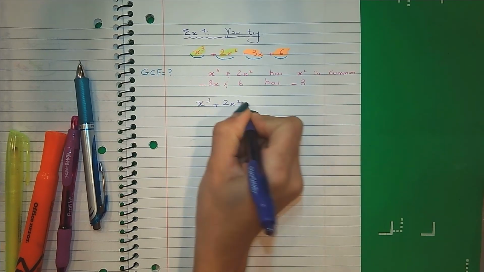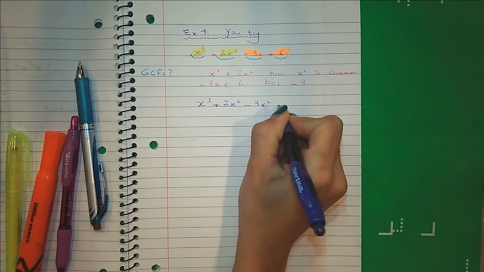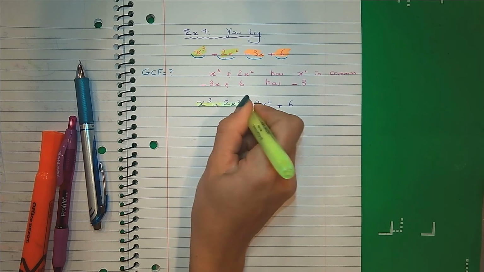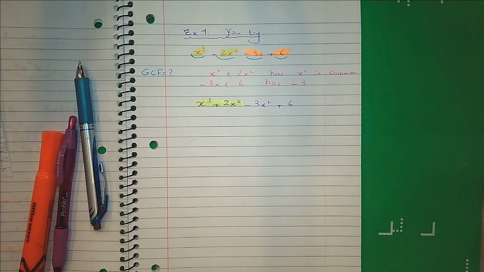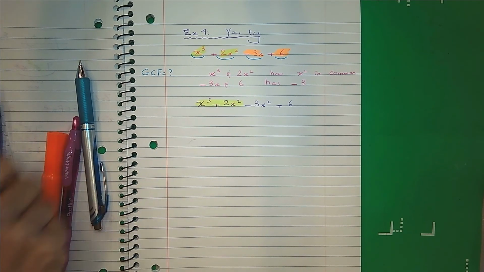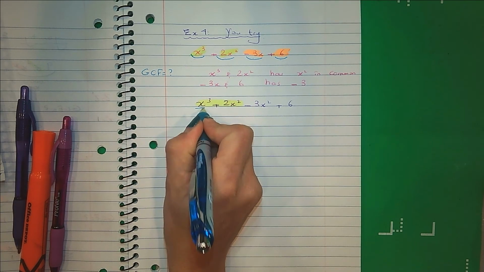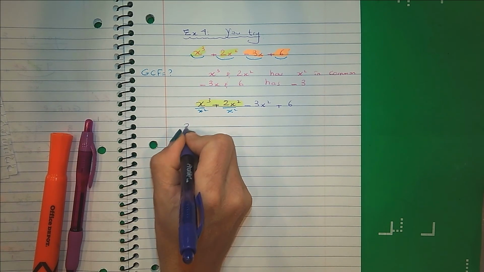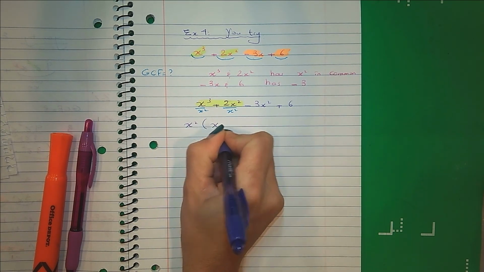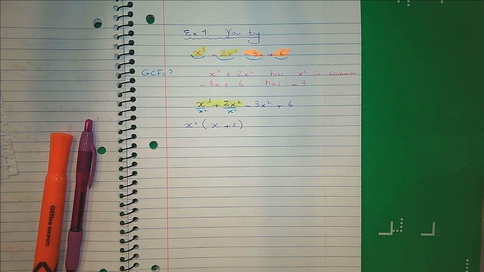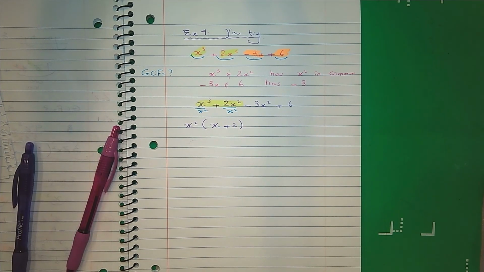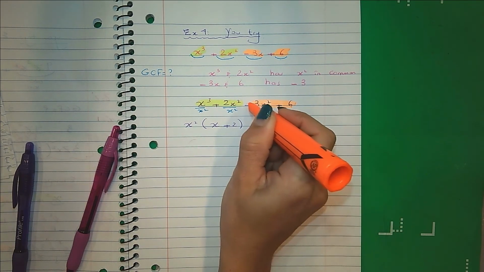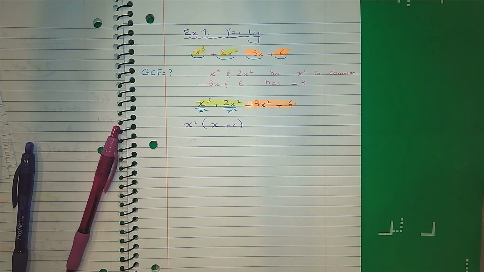All right, so now let's go ahead and write this whole thing down. X cubed plus 2x squared minus 3x plus 6. We agreed, or hopefully we agreed, that we have x squared in common here. So that means I'm dividing the terms by x squared. That would be x plus 2. And then looking at the other terms, actually I made a mistake because I did not highlight the negative. Because remember, negative